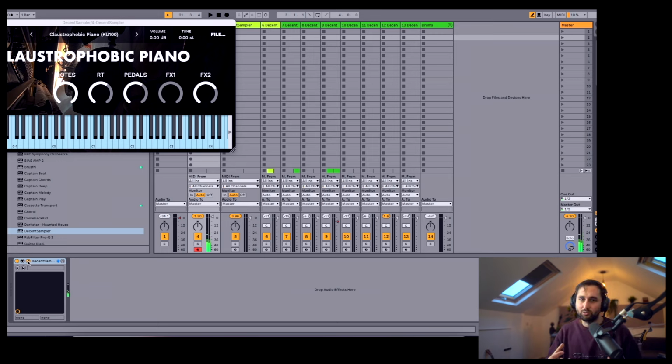It's just got a really nice sort of warmth to it. It's quite usable compared to a lot of the other free pianos that I've tried in the past. It's not muddy, there's no sort of harshness to it. It's not too ambient, which a lot of them can be. So it's just quite a nice sort of piano to have